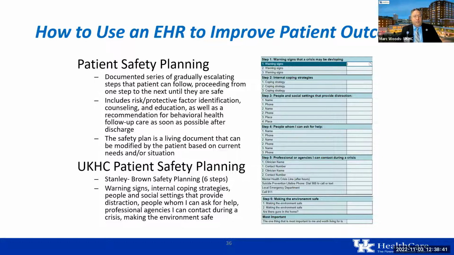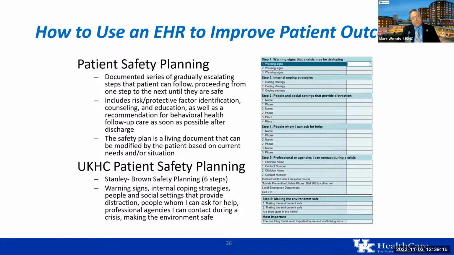And so we wanted to show you a little bit about how we use the electronic medical record to improve patient outcomes. This is a part of our suicide prevention program at UK Healthcare, and it involves patient safety planning. And I know our friend Julie Goski is certainly familiar with how we do this and why we do this. But this is based off the Stanley Brown safety planning model. And you can see there are 6 very distinct areas for us to fill out or to work with the